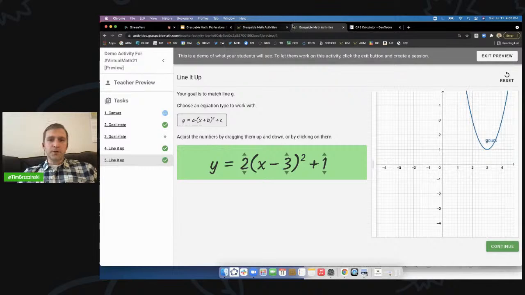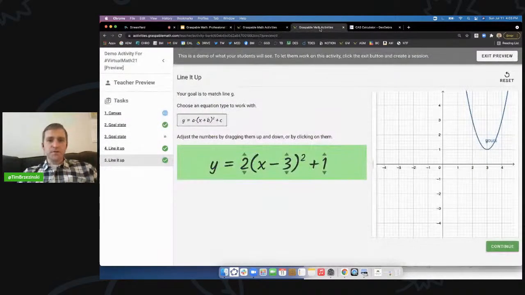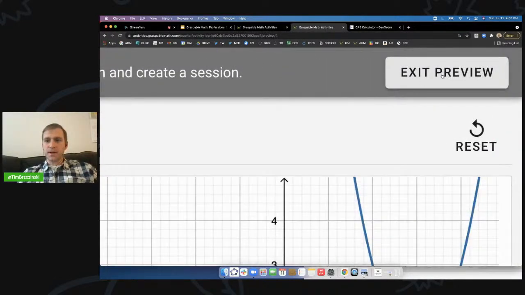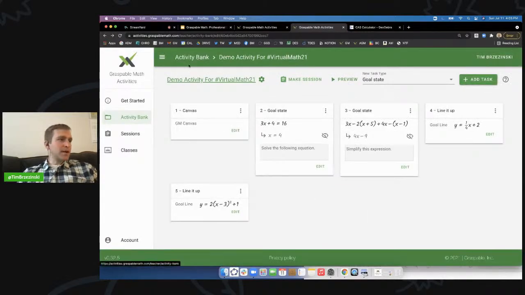So again, whenever you're building an activity, you can always preview it at any time. So I'm going to exit the preview right up here and keep building. But let me go back to